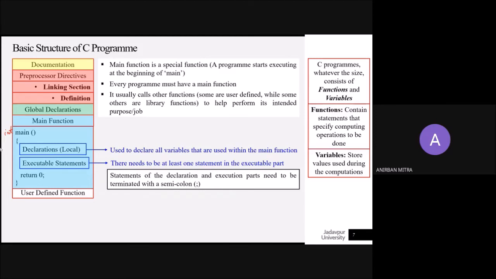And they return values of different types, maybe integer values or sometimes floating point values, that is real numbers, or even character values can be returned to the main function depending on the nature of the user-defined function. Multiple user-defined functions can be there. They are usually called up by the main function, but one user-defined function can also call up other user-defined functions.